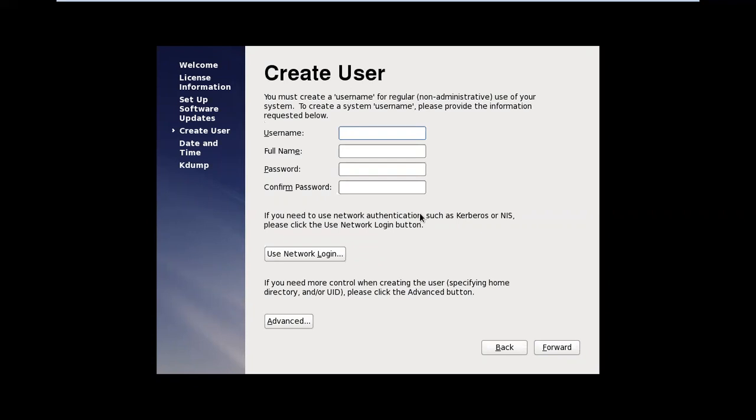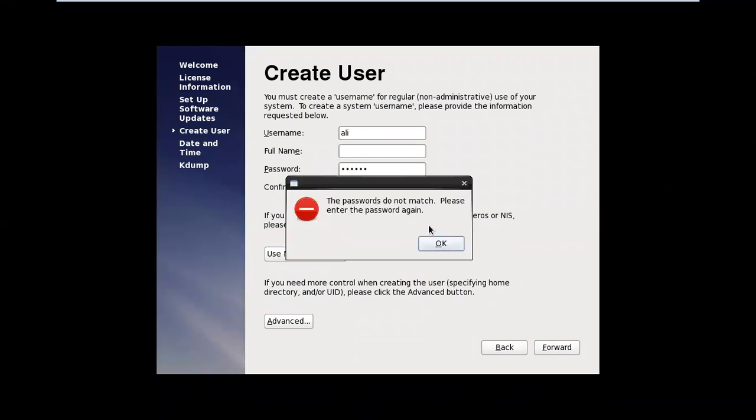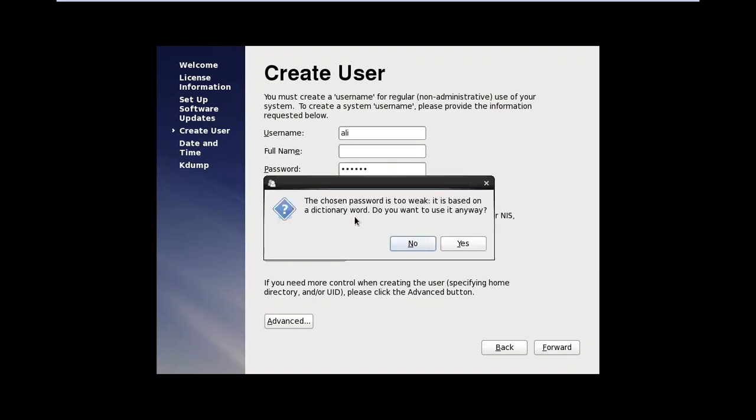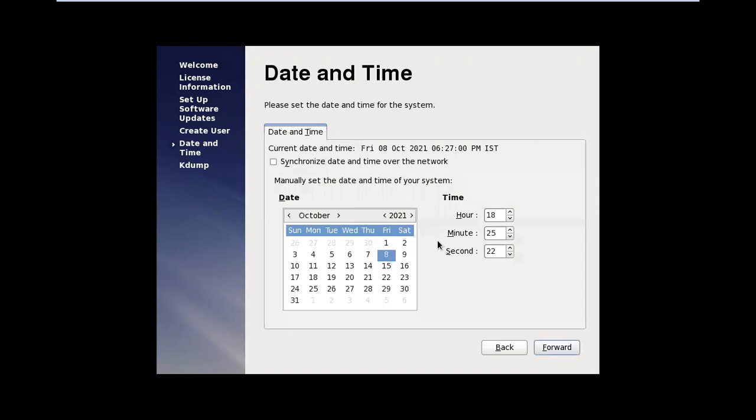So the username is Ali, and the password is Red Hat. I am giving the same password, Red Hat. Click on forward. The password is not matched. Okay, weak password, yes. If you want to change the date and time, you can change it here, or else make it forward.